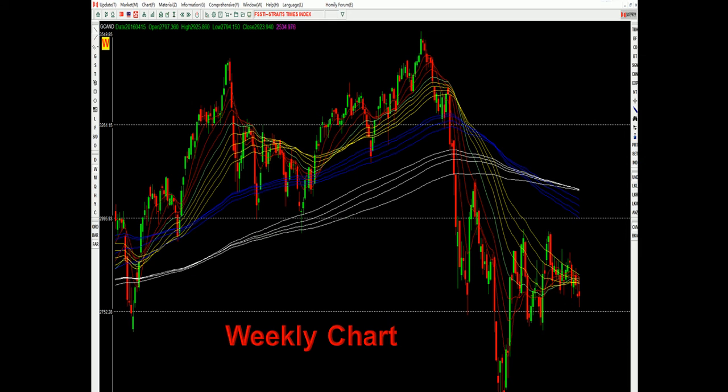I also use Homely Rainbow to judge the weekly chart. Firstly, let's see the long-term trend and medium long-term trend, good or not. Still down, right? Because the white line and blue line are still down, which means the long-term and medium long-term trend is not good. Okay, so let's see the yellow line. The yellow line is still down or flat, which means the medium-term trend is also not good. So you should wait and see.